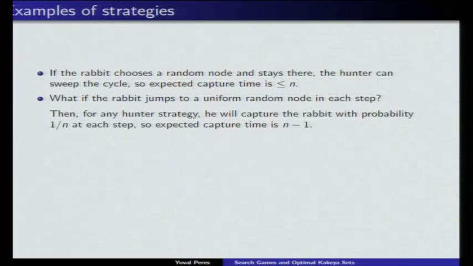What about the hunter? Can he ensure linear time, or what's the best he can do? So the trivial upper bound for the hunter is n squared, because he can choose a random location and start there. That will catch the rabbit with probability 1 over n. And then he can choose another random location, and he will be there in n steps, and then walk slowly towards that point. And so he will ensure probability of capture 1 over n every n steps. This is extremely wasteful, but it gives an upper bound of n squared. So, okay, so these are some trivial bounds.